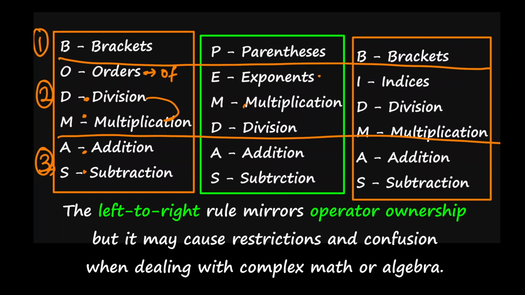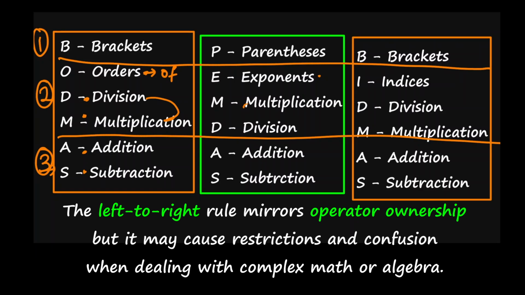But if you already apply the operator ownership rule, you wouldn't need any left to right rule because the terms already own the operators to their left. So when you are simplifying, that operator that is to the left of that term will definitely be simplified with the term to the left of that operator as well. You will understand this better as we take examples, but this is just to mention it. The left to right rule, I recognize it, but you do not need it once you understand these concepts I've explained. Everything I've explained in this video is all you need to know to master the order of operations.